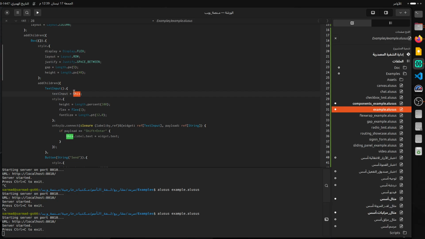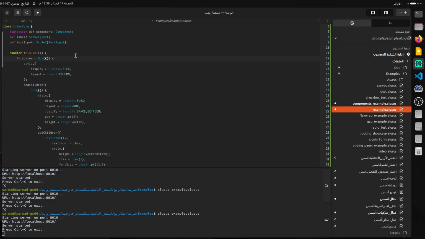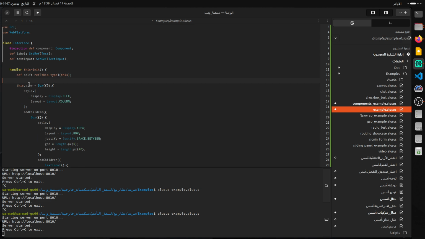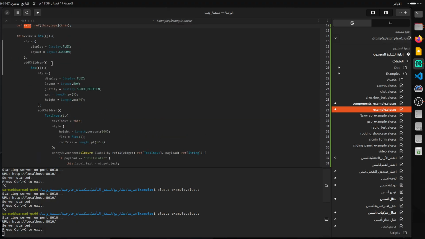So here, as we mentioned earlier, this refers to this object rather than to the class. So what we need to do is capture a reference to the class with a different name, so we can use it without the conflict. We can simply define self to be a reference to this type, and instantiate its value with this. So now we can use self throughout the class, making sure that it actually refers to the object, to the component itself. So in this case, we say self text input,